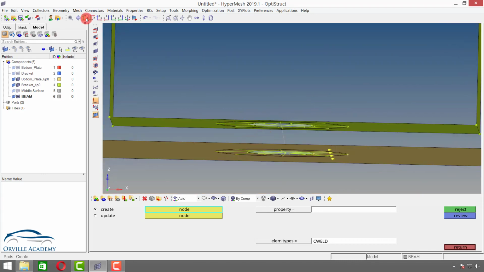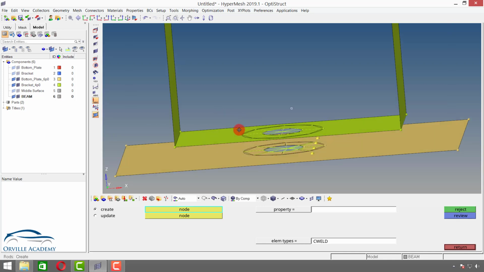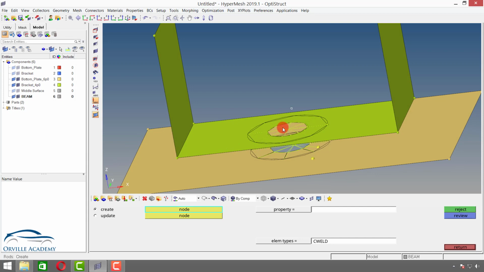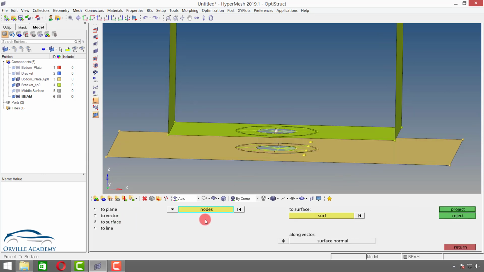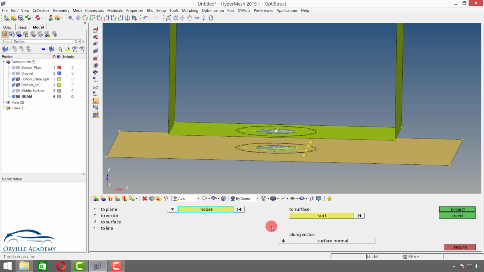If I come to standard view, you can see though the beam has generated, it is not straight. That means it is not parallel to Z axis, but we have to make sure that it is parallel to Z axis. One thing that we can do is project the node from this location. So let's say Shift F7, select the node, I want to duplicate this node, so I will go for duplicate. Then instead of surface I want to go for plane, select this plane.